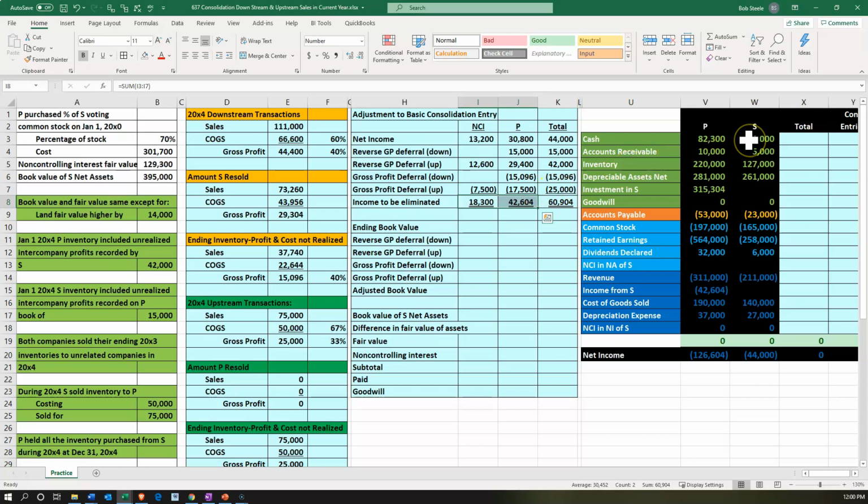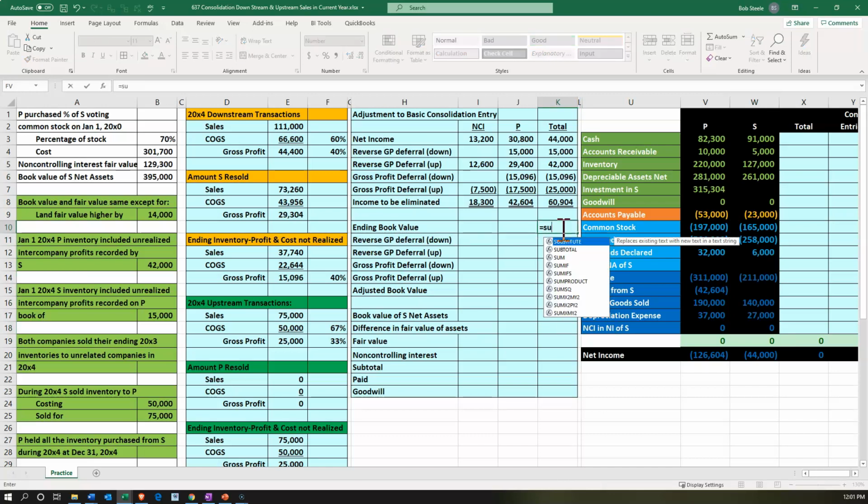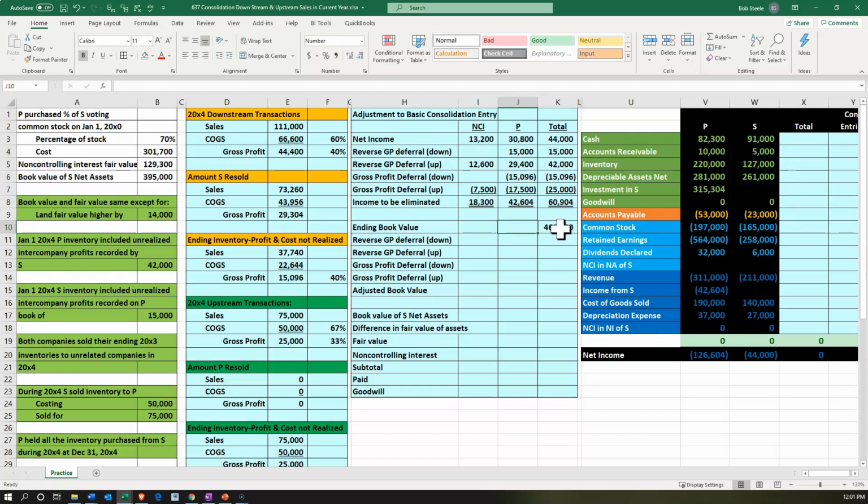Okay, so the other side of that first journal entry is we usually take the net assets and break it out between non-controlling interest and the P's interest, which is going to go into the investment account. So this comes out to the 461, or total equity, of course, adding up as well to the 461. So that's going to be our starting point. I'm going to say this is equal to the sum of the assets minus the liabilities, our starting point, the net assets. And then we're going to break this out between the 70-30 split, taking 70% of that for P,